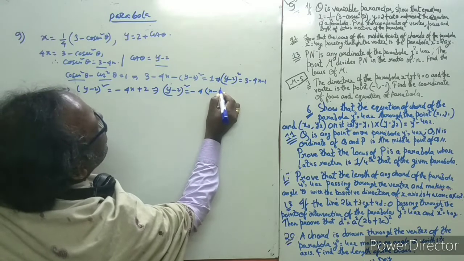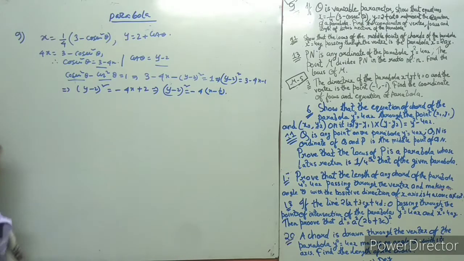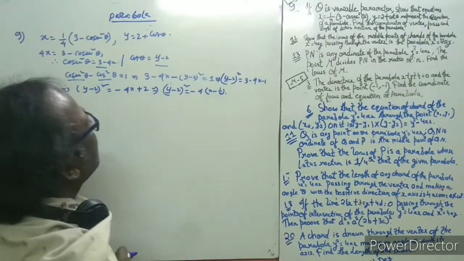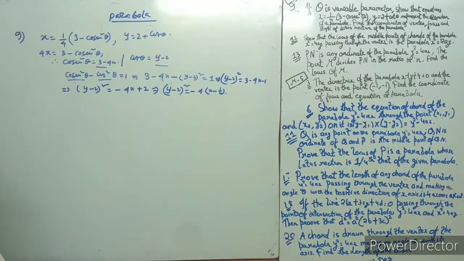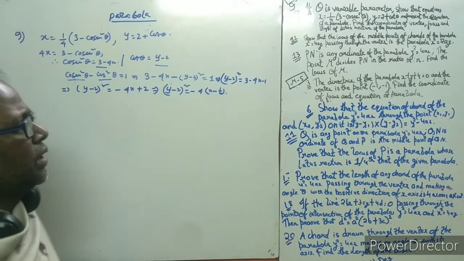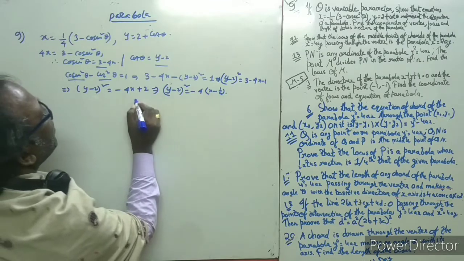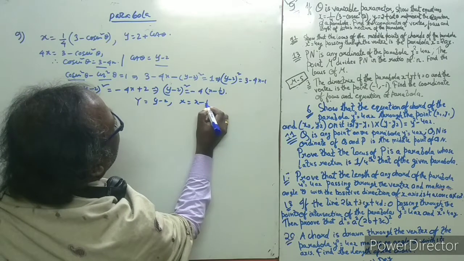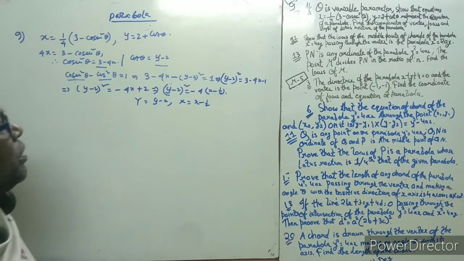In the previous class we said that in this type of problem we always shift the origin to another axis. So you can take another variable like capital Y and capital X. In this equation we always want to free the coefficient of x and y. Then we take another variable, capital Y, that is y minus 2, and capital X equal to x minus half. It means the origin 0, 0 is shifted to the point half comma 2.